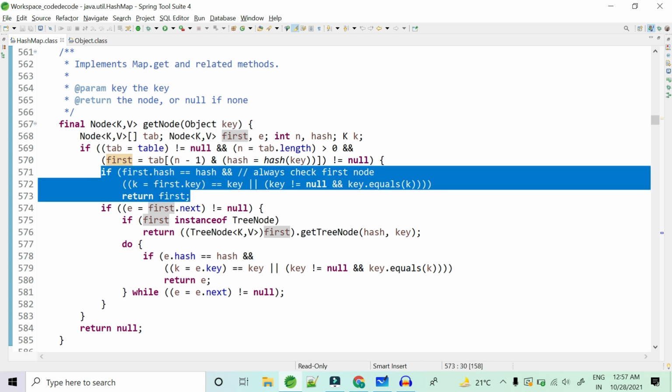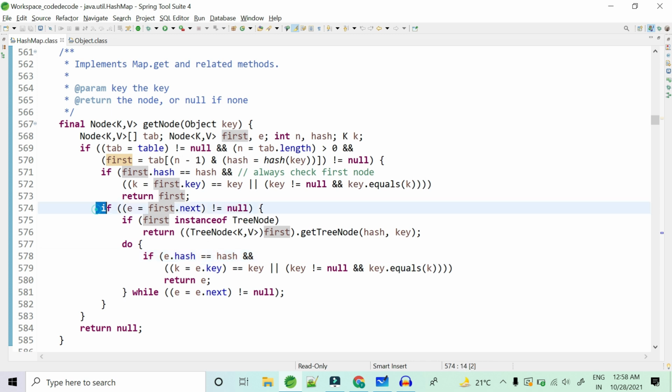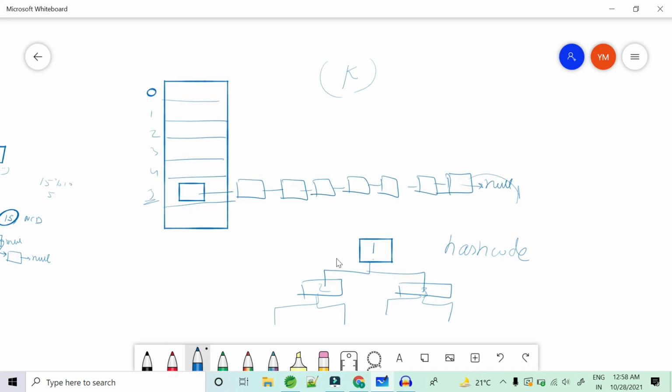If that is not the case, then there are two cases. There can be a case that a tree has been created due to collision, or maybe the elements are fewer than 6, so it is still in linked list format. You understand what that means? What if the collision has happened at this particular bucket location? Previously it was so easy because it was just a linked list. You just had to traverse and find your key. Now it is not that easy. It is complex because at this bucket location there can be two cases. It can either be a tree which is formed, and in the tree you need to search for your entry object and return it, or there can be a linked list and you need to traverse and find it.